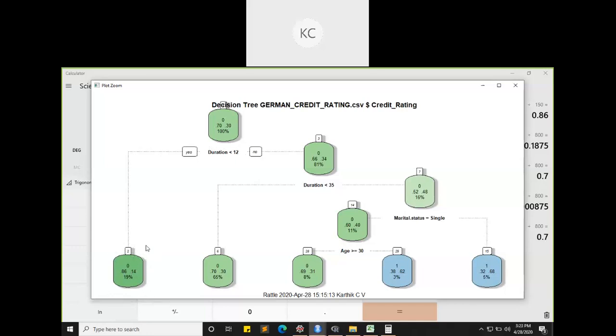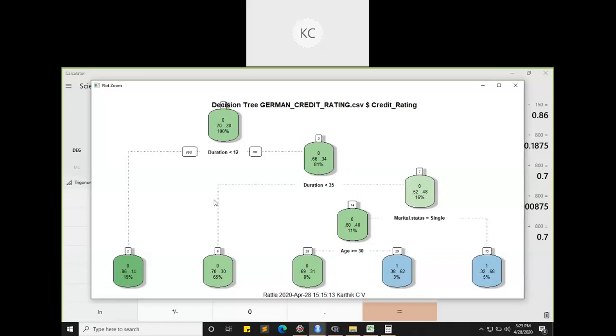So probably whatever inputs I have considered for developing the decision tree are not sufficient to create a homogeneous node. Similarly, if I take duration greater than 12, here again I have 81% of the entire data set. I have taken one more criterion here, that is duration less than 35.